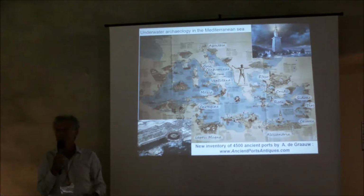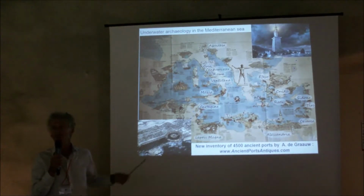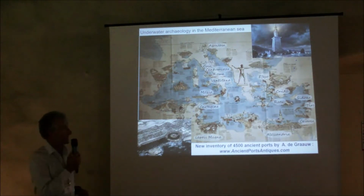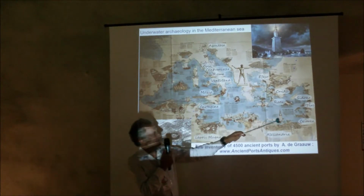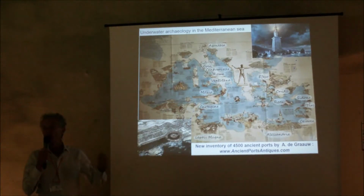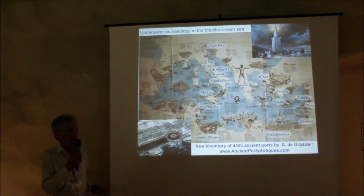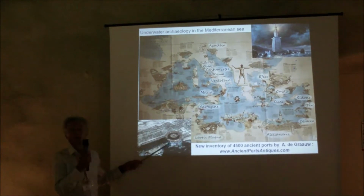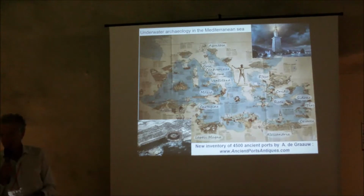So, relating to Nick Fleming's question, I think you can maybe also use other harbor structures as indicators of sea level rise. In this map, I also show the main features of the Alexandria Lighthouse, which was the highest building for a millennium. It collapsed due to earthquakes in the 13th and 14th centuries. And the beautiful annular-shaped military harbor of Carthage. Okay,